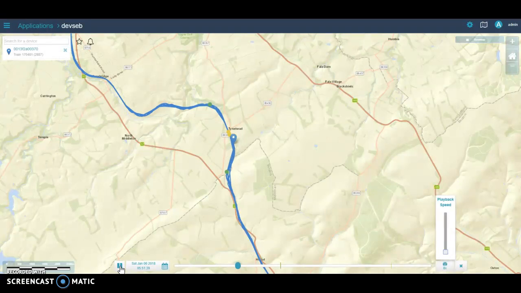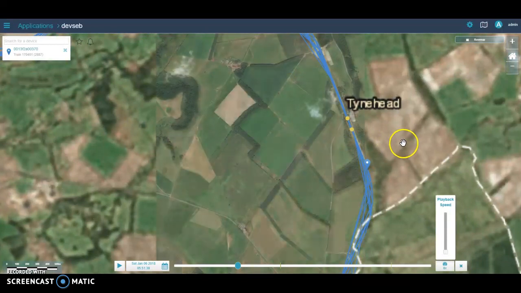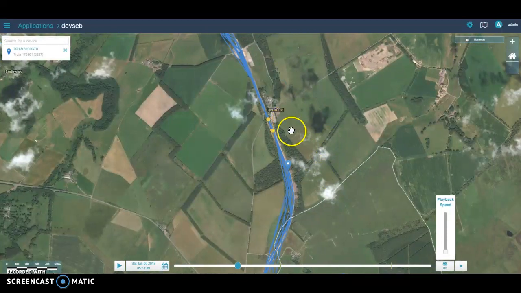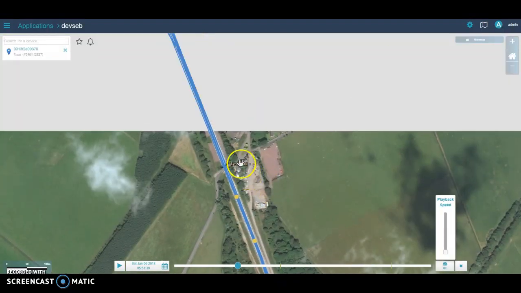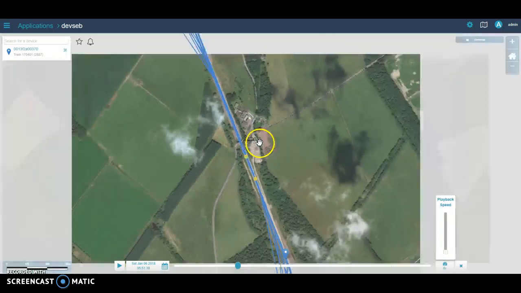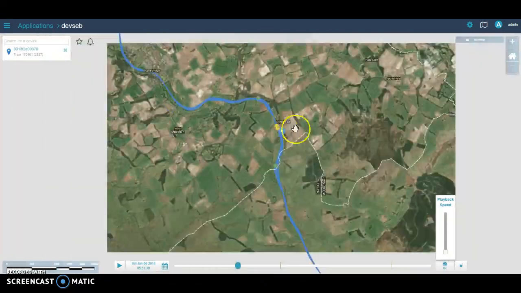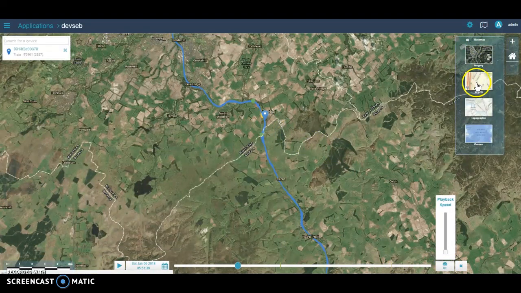I'll pause it, and maybe I'll have a quick look at the area. So it's a pretty rural area. Right here, you can see we have poor signal strength just in this area, which might be expected in rural areas. Okay, so if I go back to the Street View,